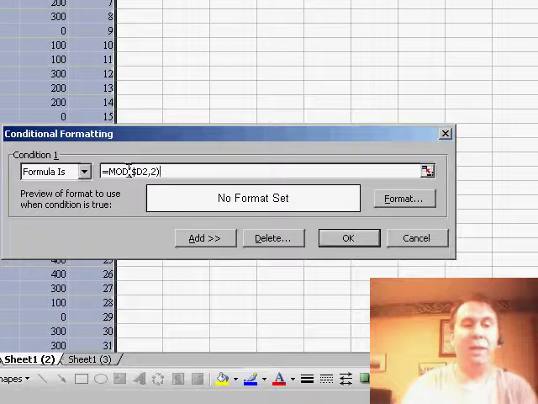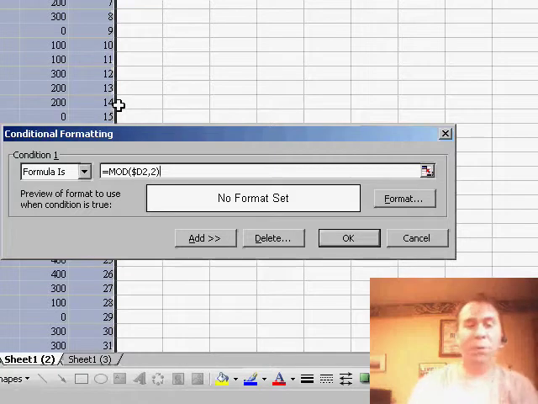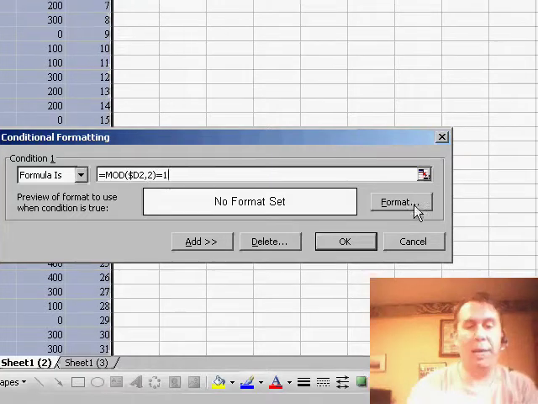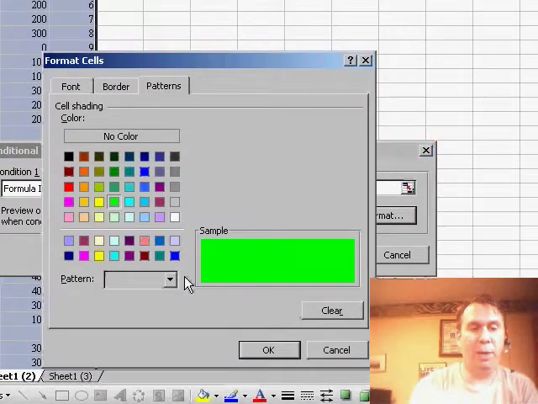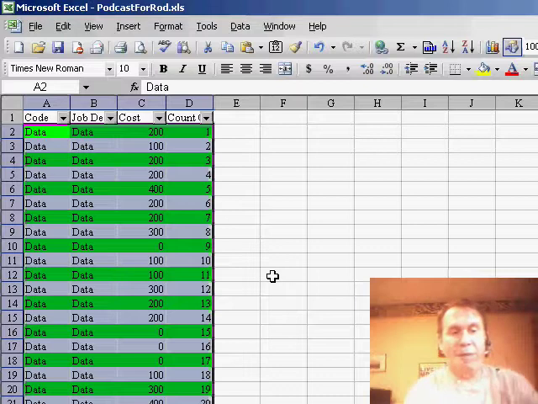D2 comma 2. The mod function basically divides that number 1, 2, 3, 4 by the number 2 and gives us the remainder. So we're either going to get a 0 or a 1. I'll ask for where it's equal to a 1 and then apply a format, maybe a green. Click OK. Click OK. And now we have perfect Greenbar,